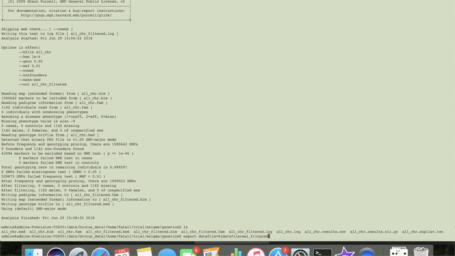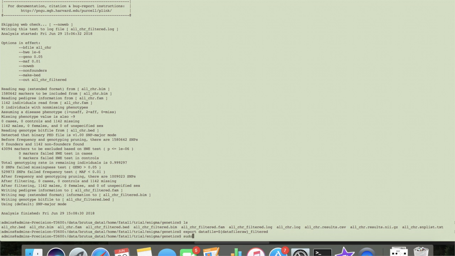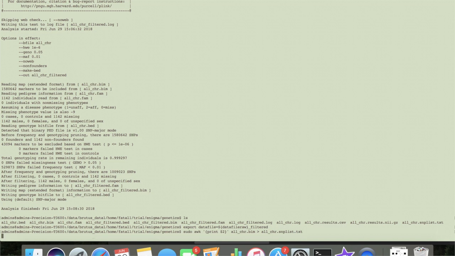and then we're going to type sudo awk, and then your base file name .bim, so in my case, and then it goes to a new file it'll create, which you are going to name your base file name .snplist.txt. Now that that's written right there,